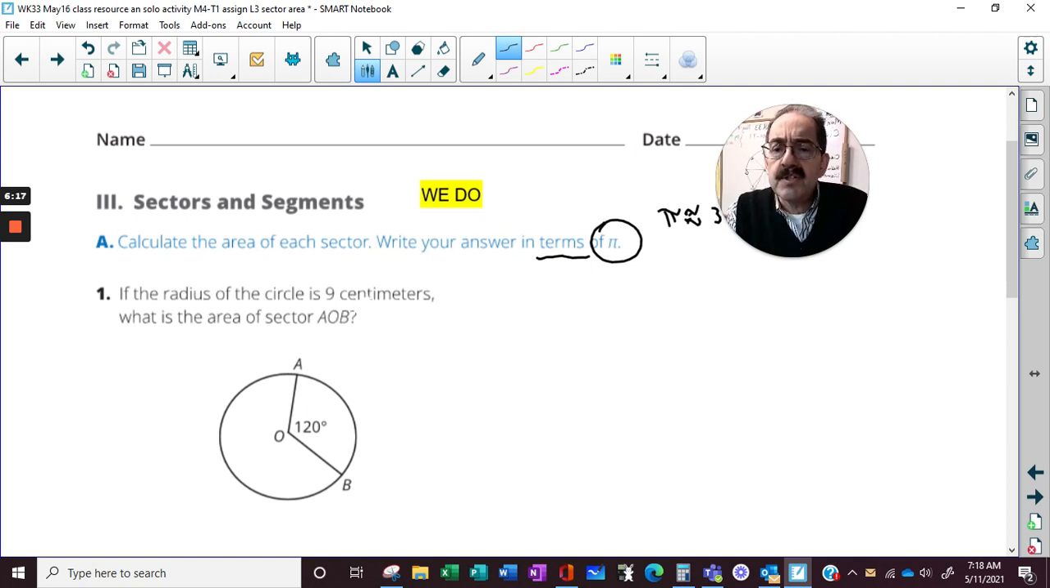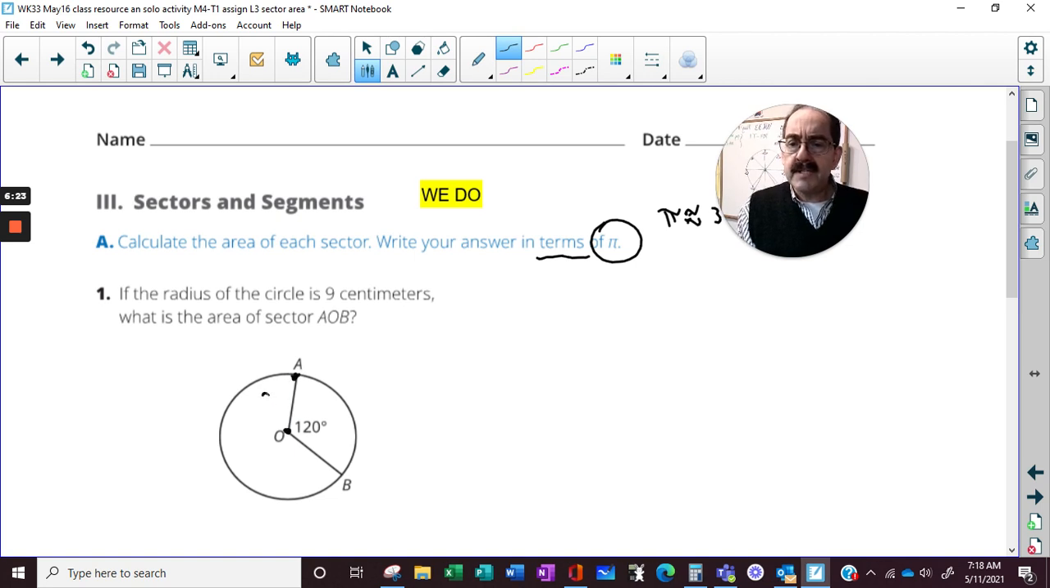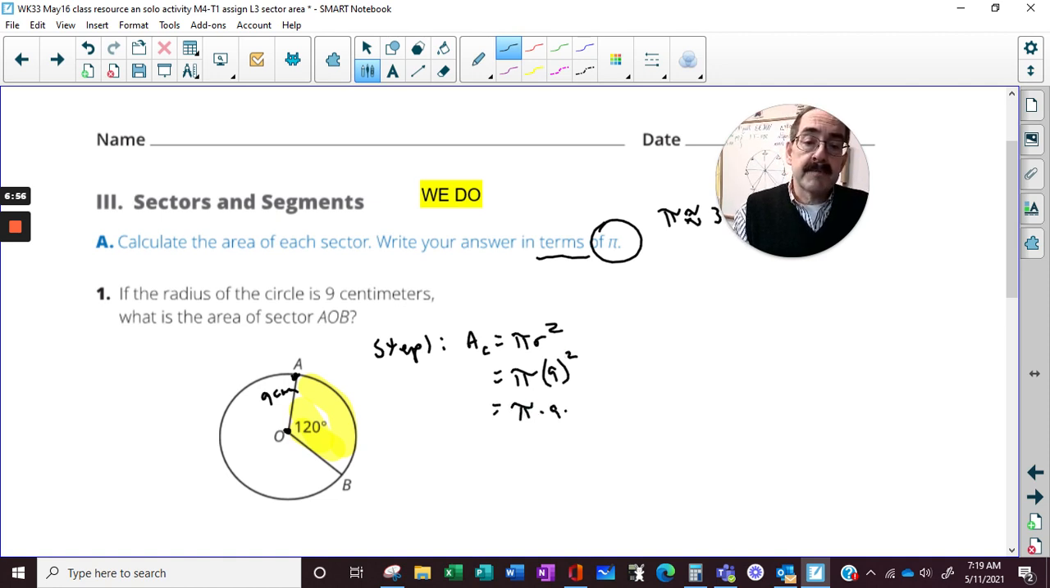If the radius of a circle is 9 centimeters, what is the area of the sector? So our goal is to calculate this. So step 1. Step 1 is the area of the circle, a sub c, pi r squared. Pi 9 to the 2 power, pi times 9 times 9,